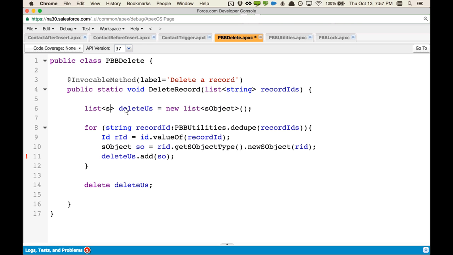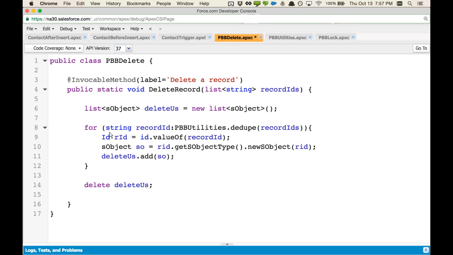And we can, in this case, use the abstract generic version of the data type that is called SObject. So this way we'll be able to use it with anything, contacts, custom objects, and so on. But other than that, this is just the standard format for setting up a list of records, and an empty one for starters. So then we have to go into our for loop,